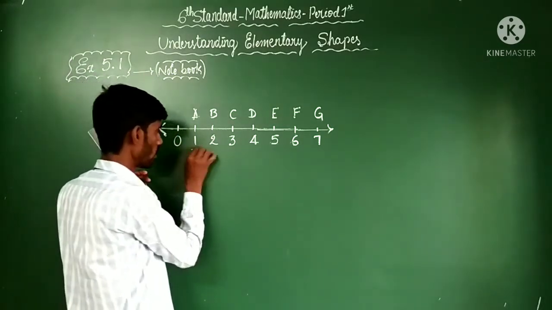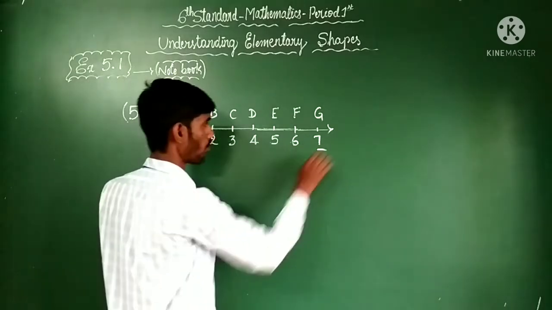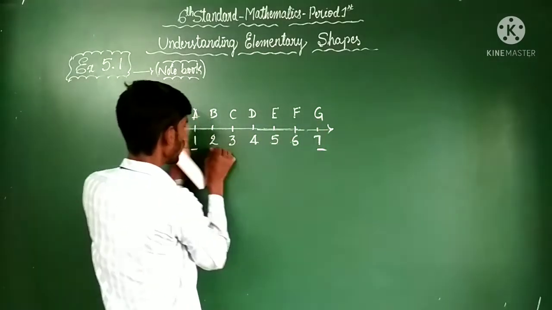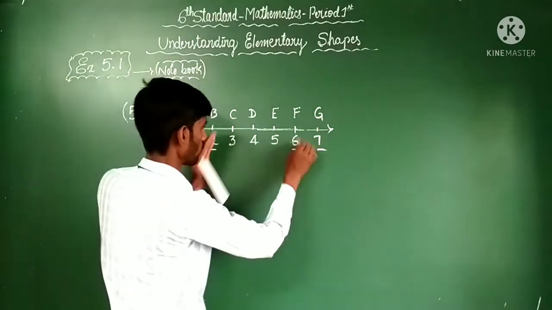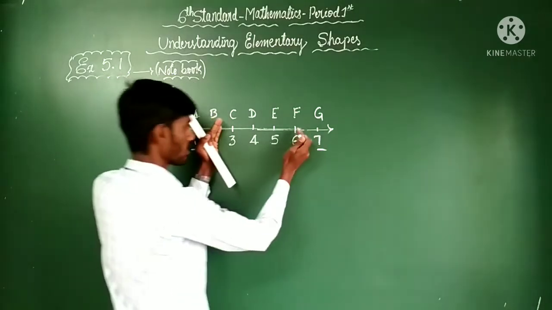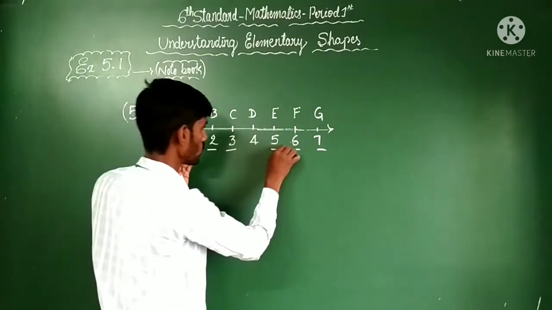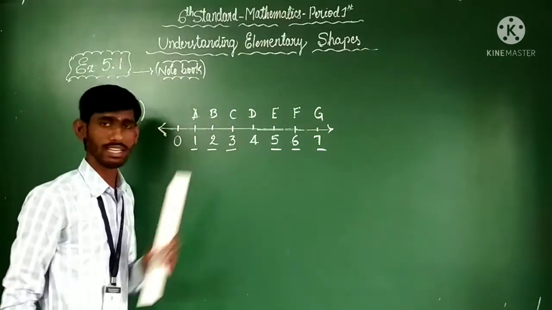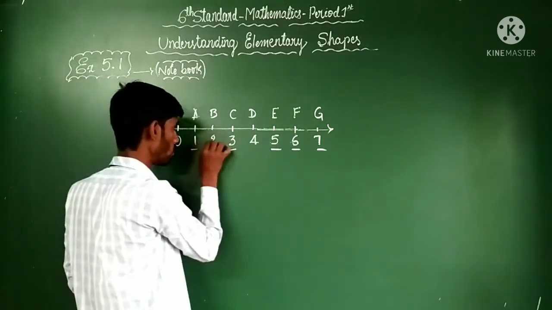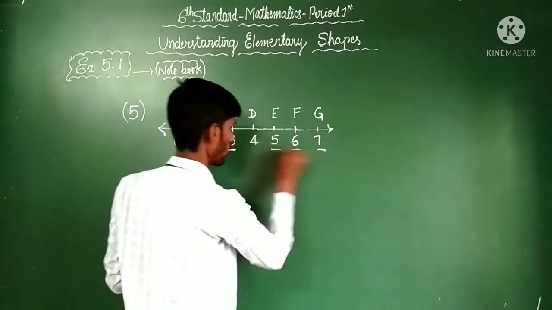Dear children, here is the first point, the end point. One has cleared. Next, here is the second point, another point. See, it has cleared. The remaining is one point here and one point here. Yes, D is remaining. I mean 1, 2, 3. Here is 1, 2, 3.